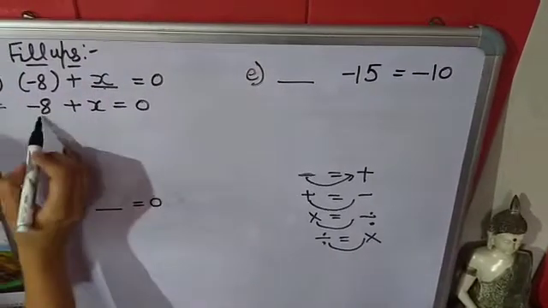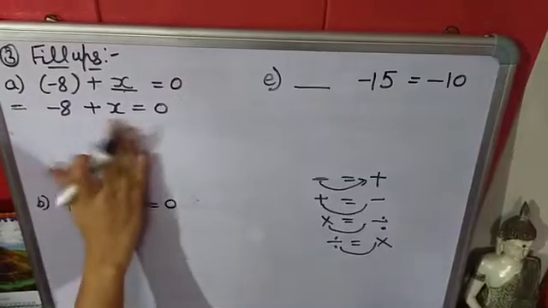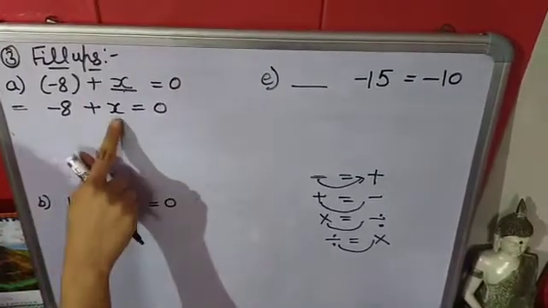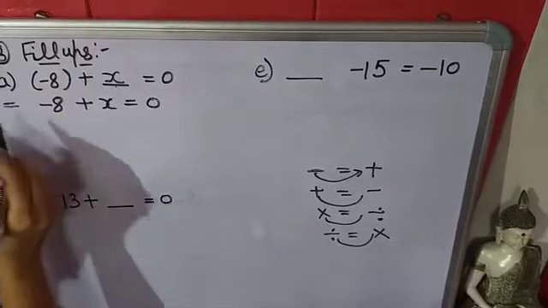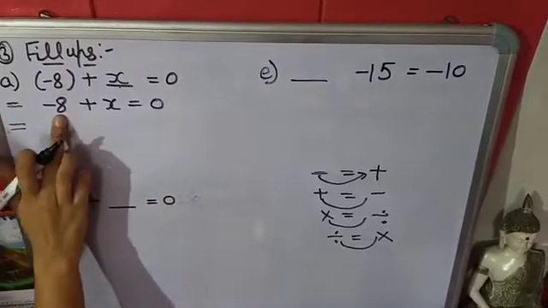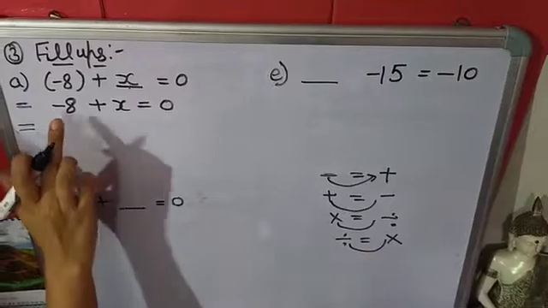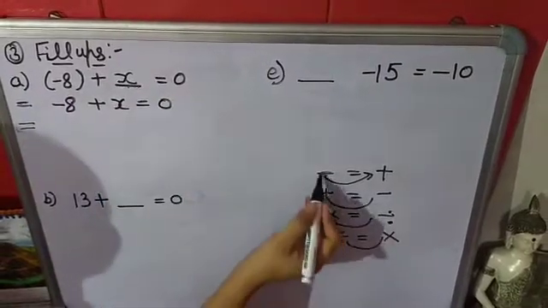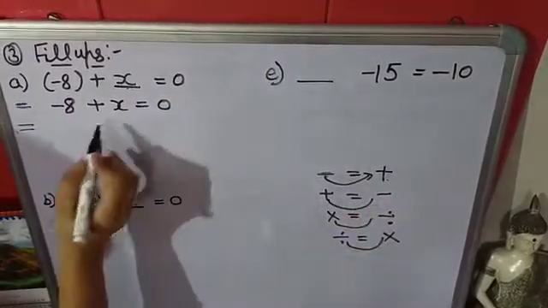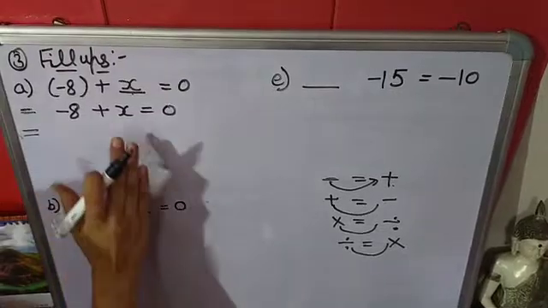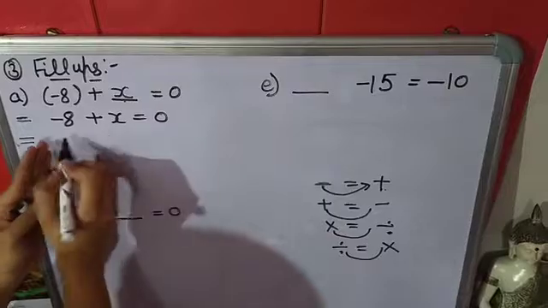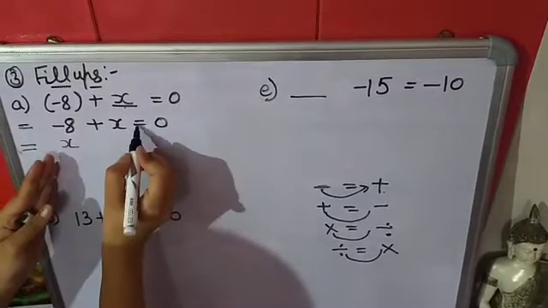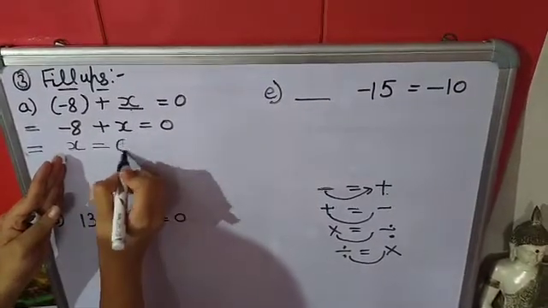Now here we have to find the value of x, so 8 will go to that side of equal, because we can't solve these two numbers as we don't have value of x. Okay, so 8 will go there. Here 8 is of minus. When it will go there, minus will change into plus. So first of all, write here in left hand side, what is left here? Only x is left here, equal 0.